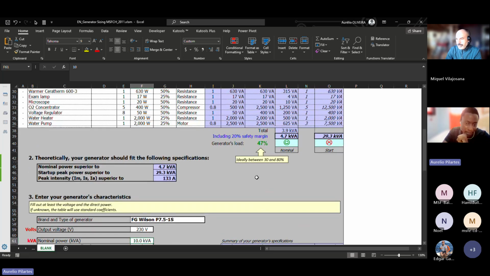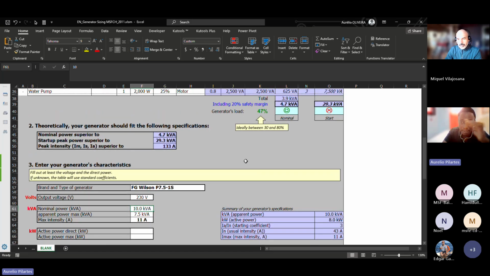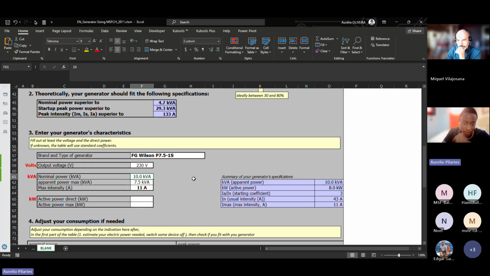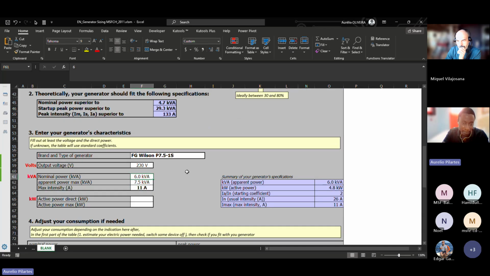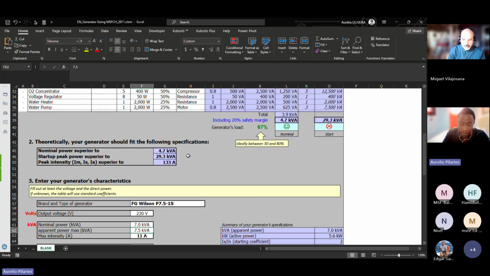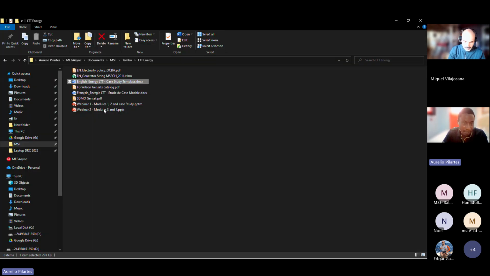And it is something we see in the field many times: a very big generator for a load profile that is very low for the generator. So if we go for this, we have 68%, it's much better. But then if I go for, let's say, 7 or 8, here we are, something good. But the best is to do this exercise with a catalog.